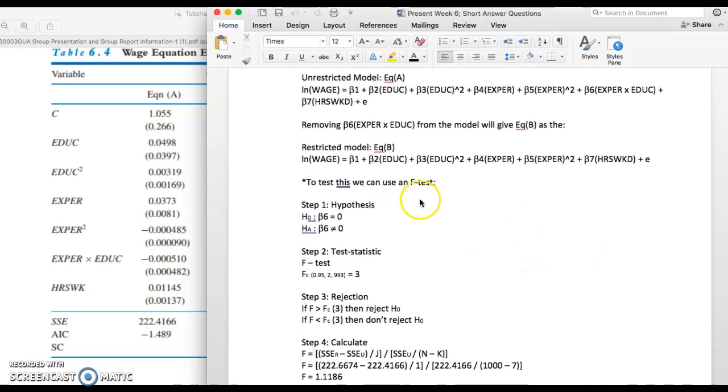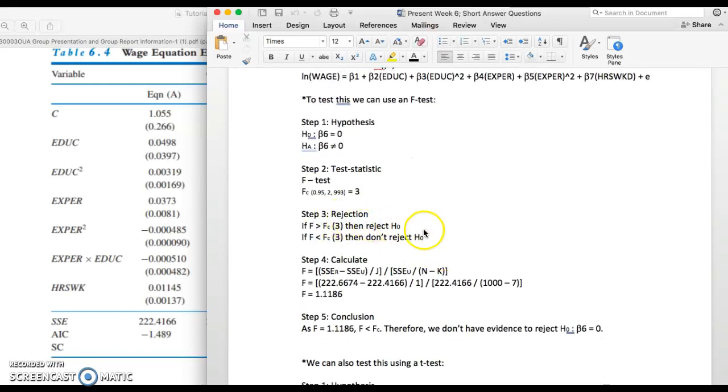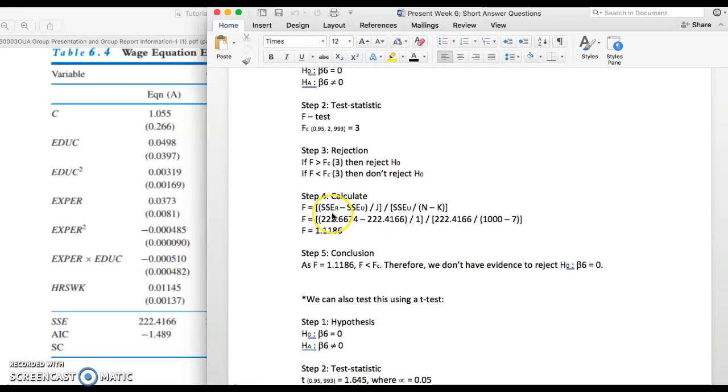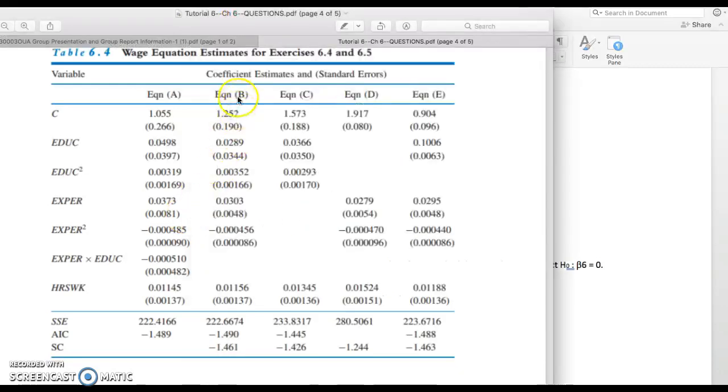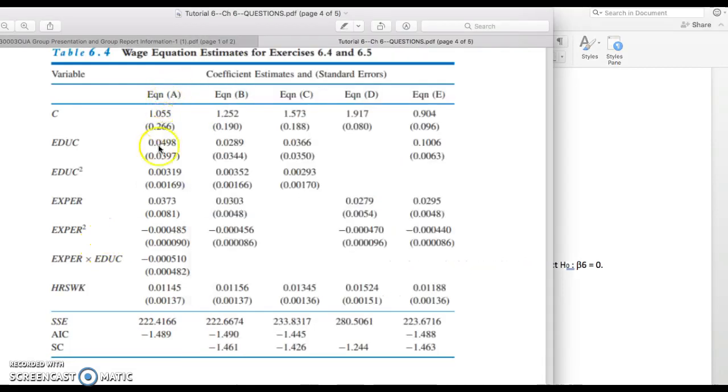So to test this using an f-test, we run through the hypothesis, we get the test statistic. So using the f critical value required, we end up with a value of 3. We find our rejection region again. We calculate using the formula here. So we've got our sum of squared errors for the restricted model being equation B. So we find this value here, minus the sum of squared errors for the unrestricted model being equation A, and that is this value here,